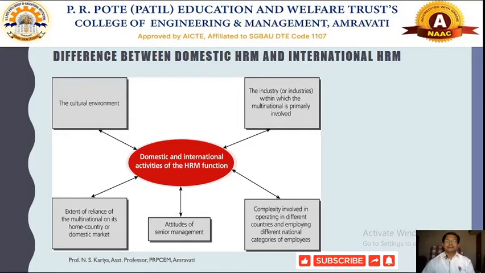Now, the difference between domestic HRM and international HRM. As we discussed earlier, the IHRM related activities, where we are dealing with procurement, allocation and management of human resources at international level, are called international HRM. Similarly, when we operate HR functions at national level, conducting planning, directing, controlling and other manpower planning activities with respect to procurement, allocation of employees, training and development, performance appraisal and selection of employees at national level, it is called domestic HRM.